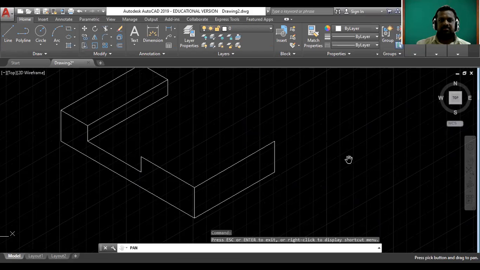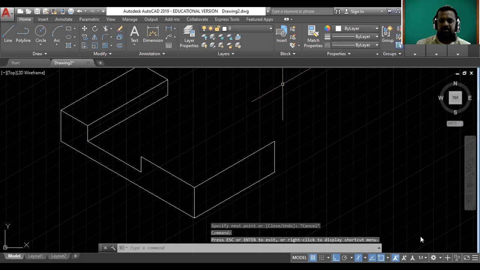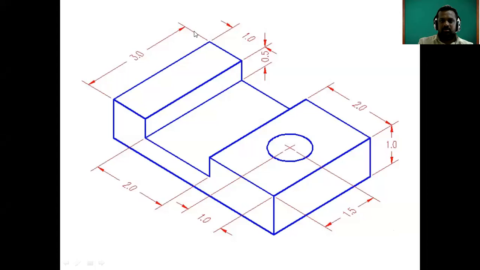Then see the given figure. Now we can draw this portion. This portion is remaining. Already this portion we have drawn. Again, from this point, we have to draw the horizontal line of 2 mm, and then join this point to this point with the help of this line. And then finally, we have to draw this line. Just see here.